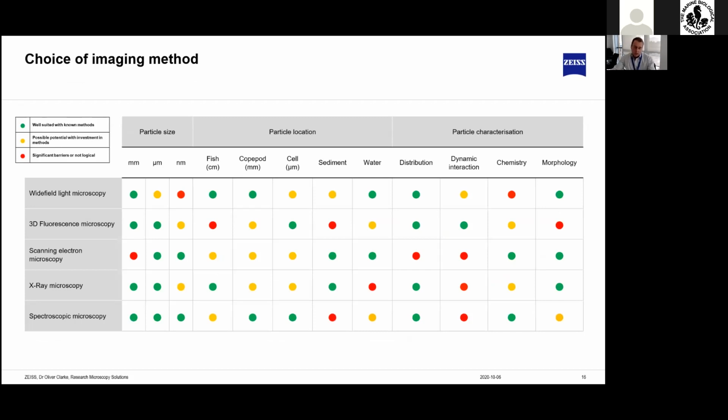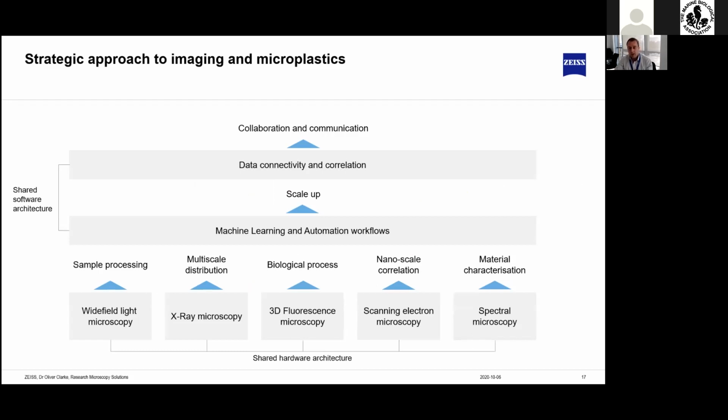Okay, so I just thought I'd come back to this slide again, because we've clearly seen lots of different modalities across the widefield, 3D, scanning electron, X-ray, and the spectral microscopy. And again, I just want to reinforce the point that as an imaging community we need a strategy, if it's not already in place, to understand what role these different imaging modalities play in answering the question and closing that knowledge gap. And I have just made a graphic that in a way puts it together from my